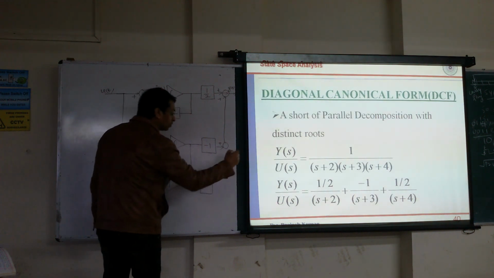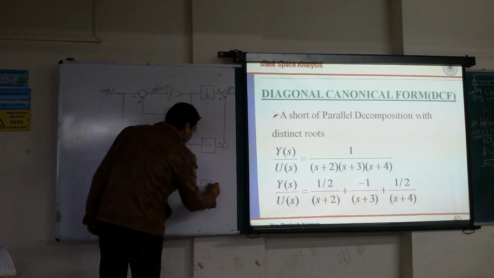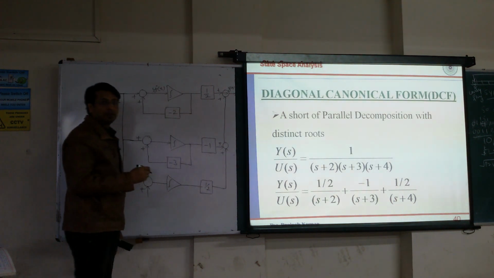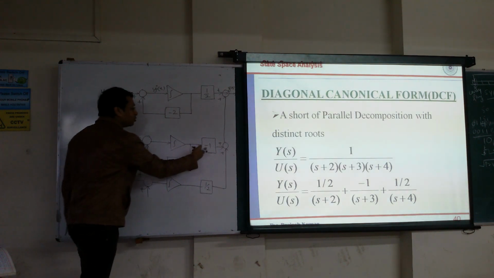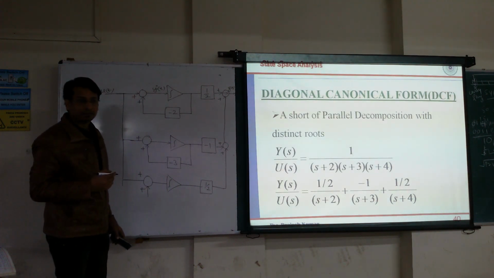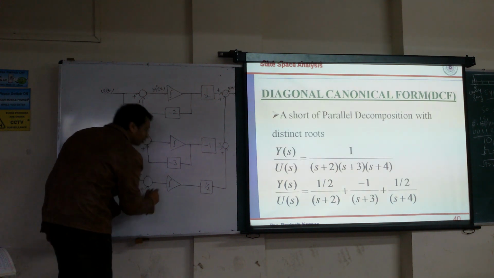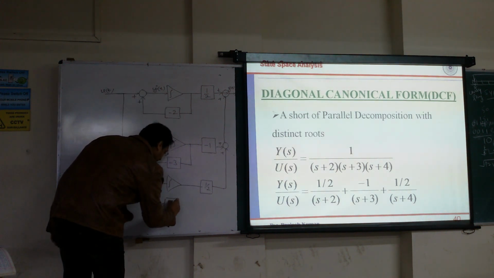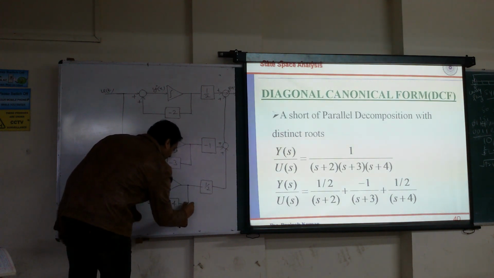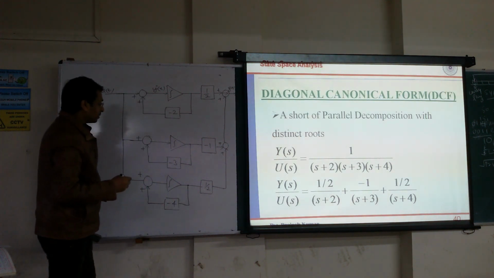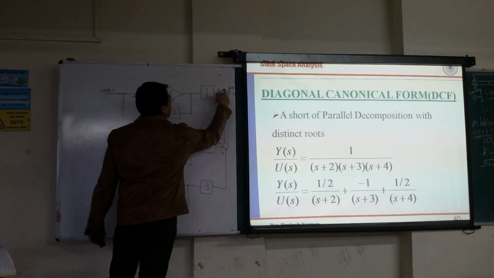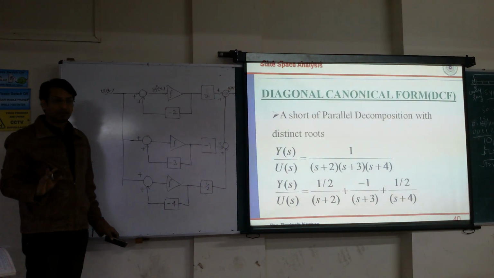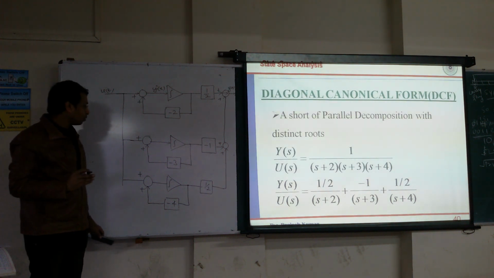Here it is once again 1 by 2. Everywhere I am going to take positive sign. Why? Because if I get a negative, I will consume it inside the block. Here also I am going to consume minus 4 inside the block. Minus 4. Okay. Positive, positive, positive, positive, y of t. Correct? Up to here there should not be any problem.